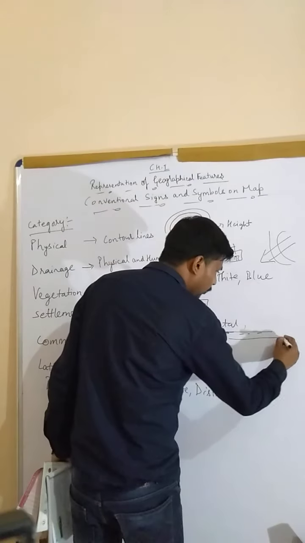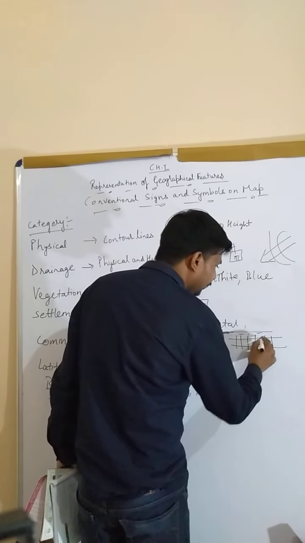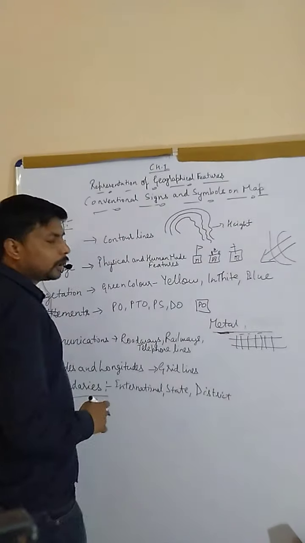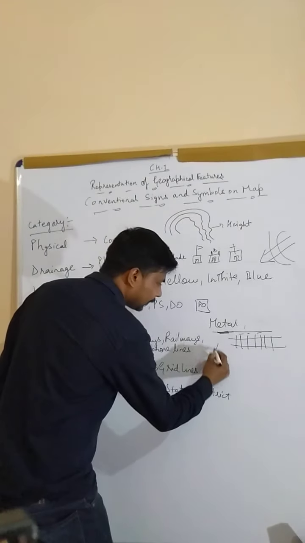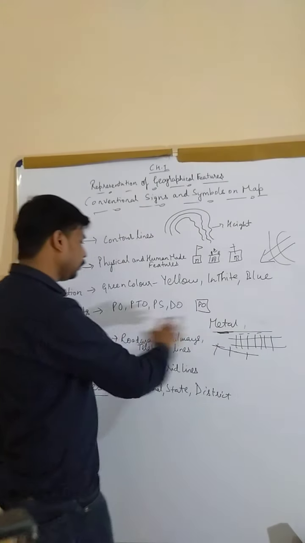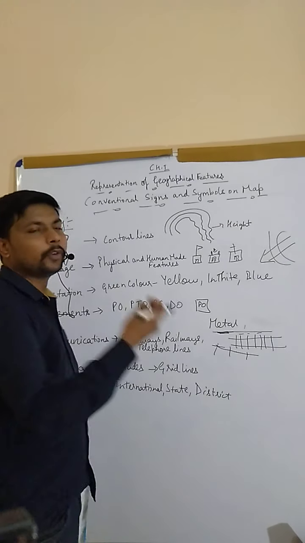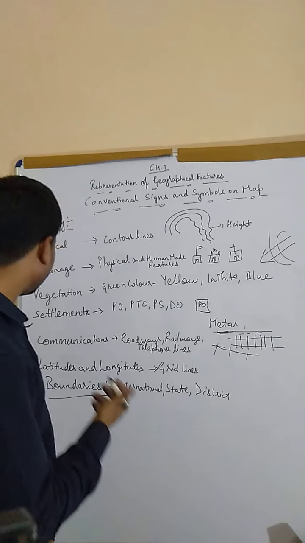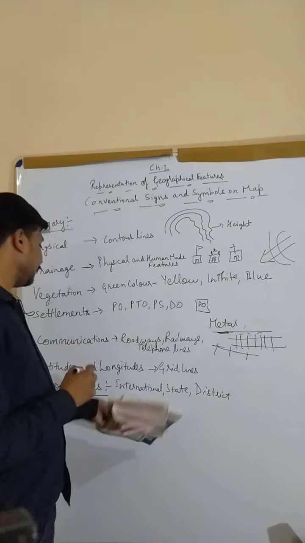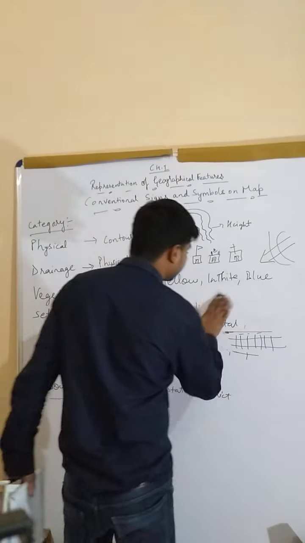Okay, and it's also used for railways. For railways, we use symbols like this. So this symbol is being used for railways also. And if you talk about telephone lines, then they will use symbols like this. So for different communications, like telephone lines, metal roads, and railways, they have the symbols. Right. Next is about the latitudes and longitudes. That I told you in detail.